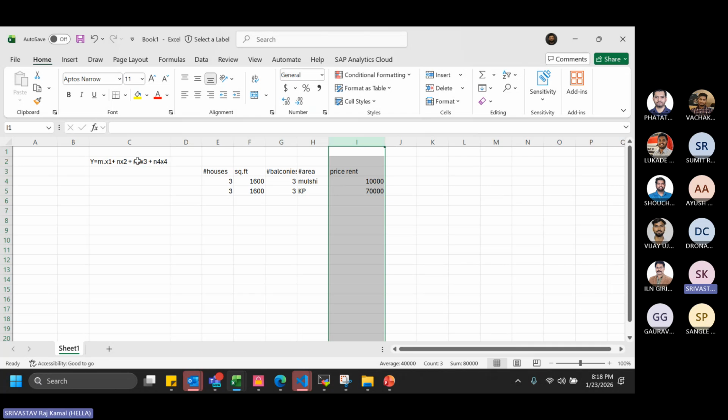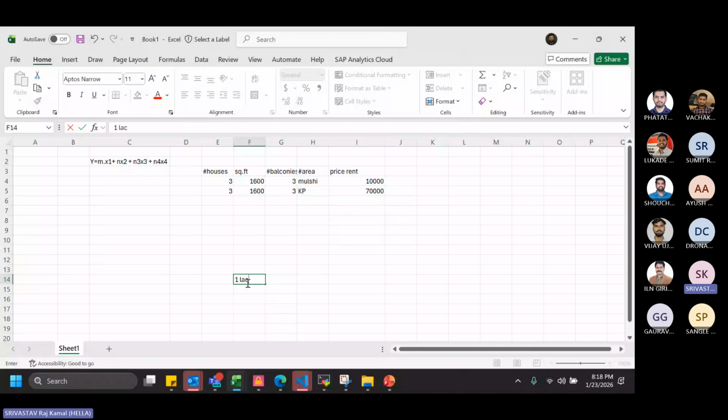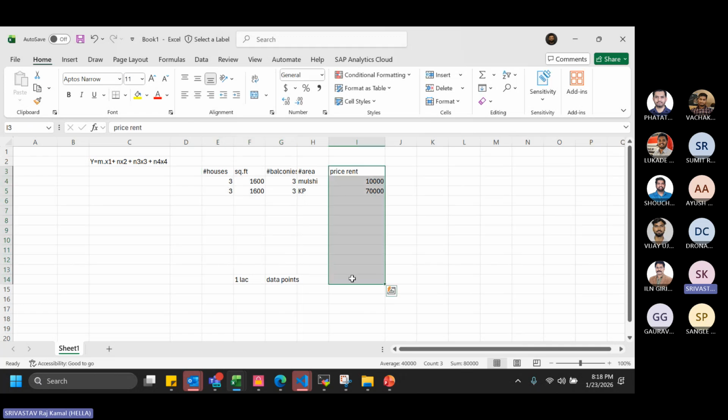This is one thing. Now coming to your actual answer. Generally, such information comes from the business objective, and we get such amounts of data, say 1 lakh data inputs. When I say 1 lakh data inputs, I mean 1 lakh data points having these configurations, variables, and the y value. Now we will create a machine learning solution like this.